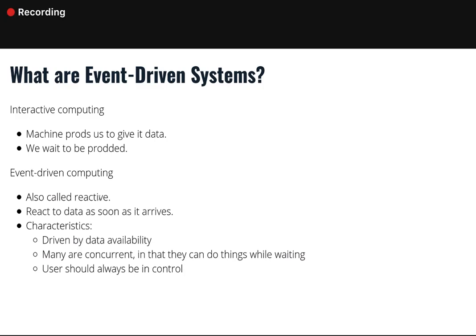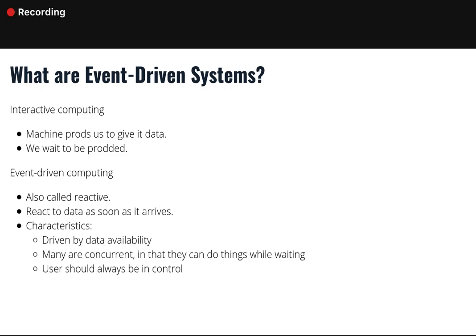Different to interactive computing, the events or inputs can happen at any time. The system is driven or runs based on these events occurring, and in some cases we have programs that are asynchronous or concurrent. That is, the program is doing stuff in the background, and then an event occurs, and that's going to interrupt the stuff going on in the background. The program's going to do stuff based on the event that has just occurred, and then it might go back to doing the other stuff that it was doing in the background.